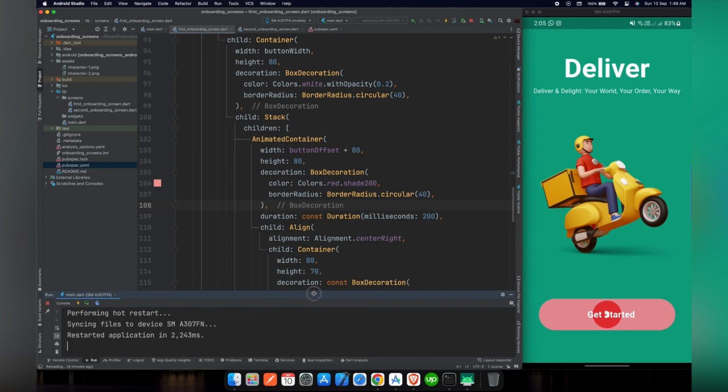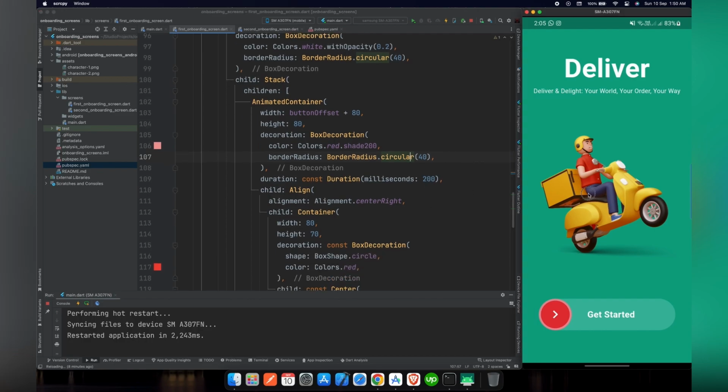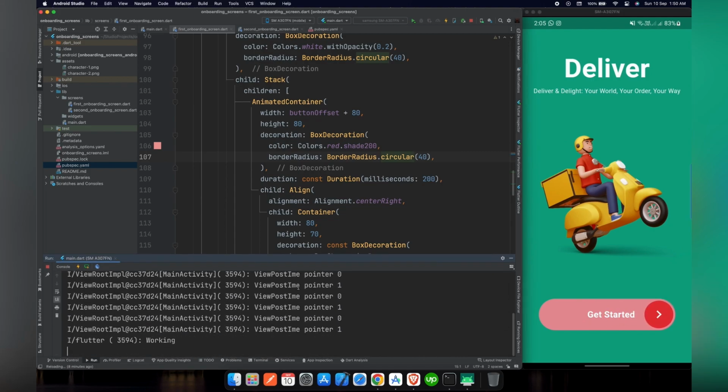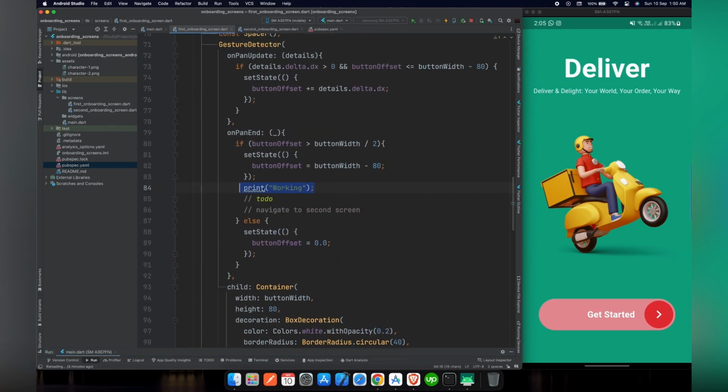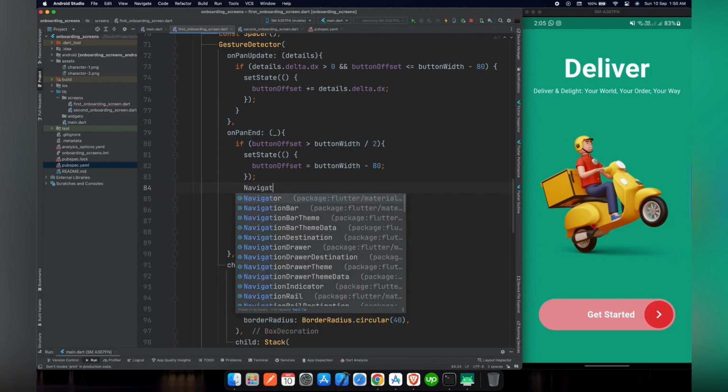So now if we restart our application, let's check if it's working or not. The image is working fine. It is changing the title. And now if we drag our button, you can see that if we start dragging it before the half of the button, it will move back. And now if we keep dragging from the half of the button forward, it will simply complete its path